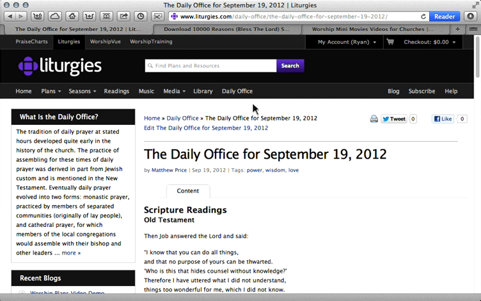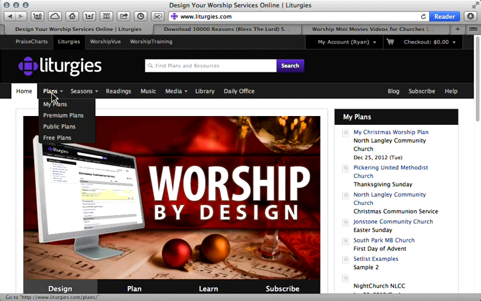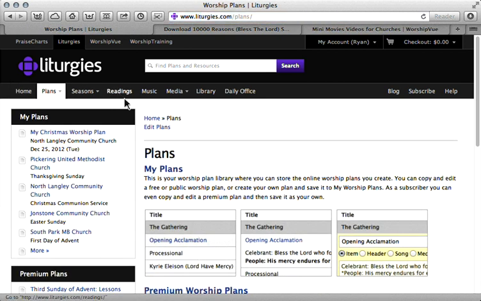So Matthew, with all of this that we have put into Liturgies, I suppose we could have taken the approach to say, well, let's charge X amount to have access to the worship plans, and then we'll have another charge to have access to the readings, and then an additional charge to have access to the library, and then the daily office. It just could go on and on, but really our desire was to make this very affordable and very easy. And I think after we have now worked on this for more than a year and a half,